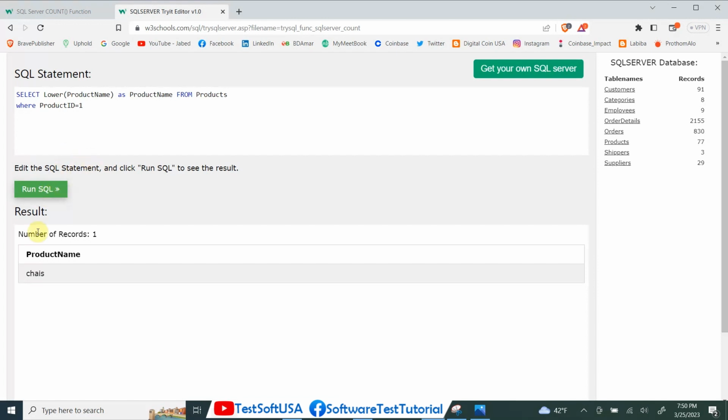Run SQL, you see that it is lowercase. Sometimes even in the database it might have uppercase, it might have lowercase. As per program need, you can change that name and you can use it as it is. So now let's say we can do the concatenate